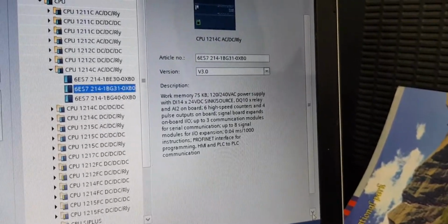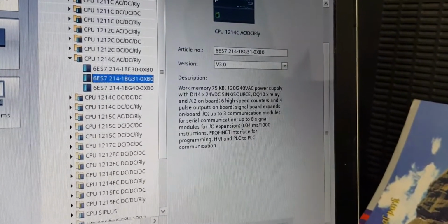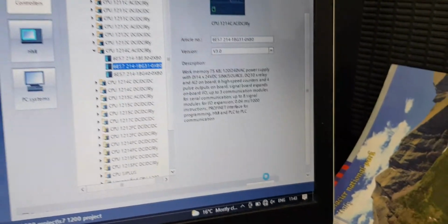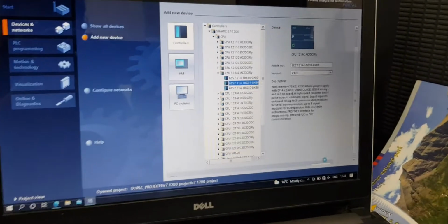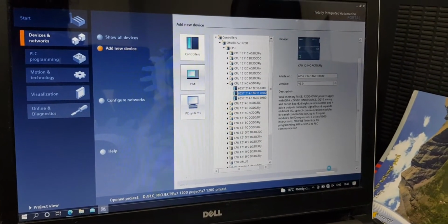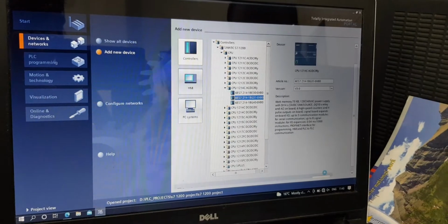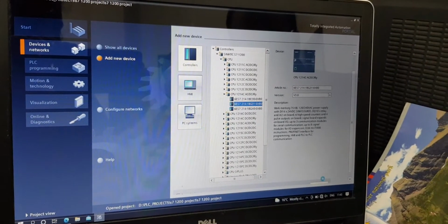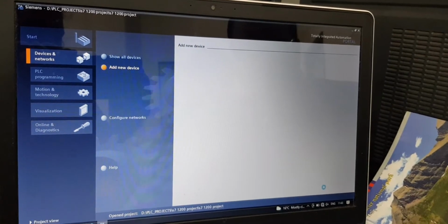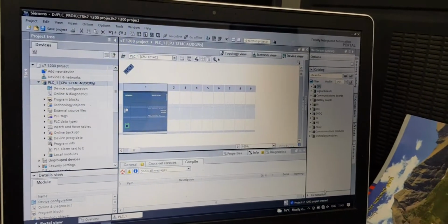Go down and add it. Okay, so this is your PLC CPU.